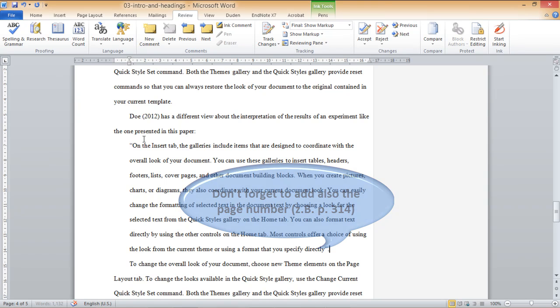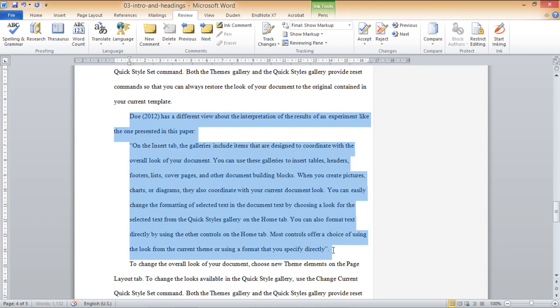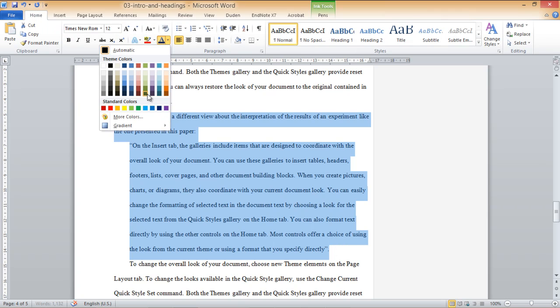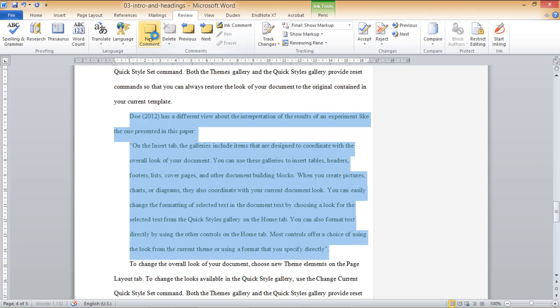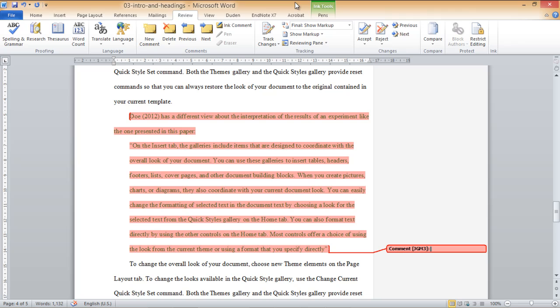Now let's mark this also with a different color, green perhaps, and add a comment. So quotation style 3, more than 40 words.